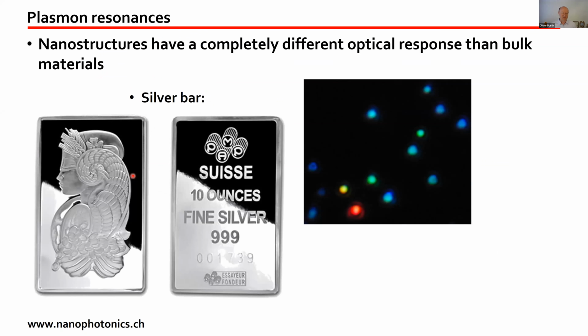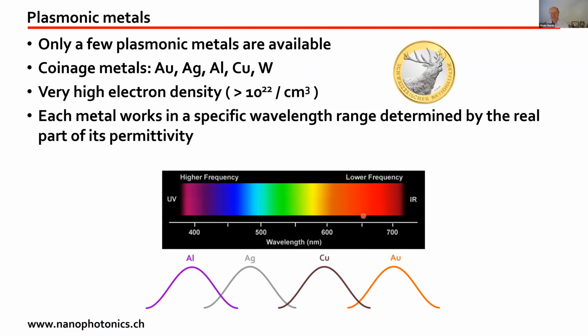Something to keep in mind also is that between the normal appearance of silver in that case and the nanostructure appearance, we have something very, very different. And also for the nanostructure, the shape really matters a lot. So this is very briefly a small overview of plasmonics. We speak of plasma because in these metals, we have a very high density of free electrons. So it behaves like a plasma, but it's not a gas plasma like you have in a fluorescent tube, it's just a solid state plasma.